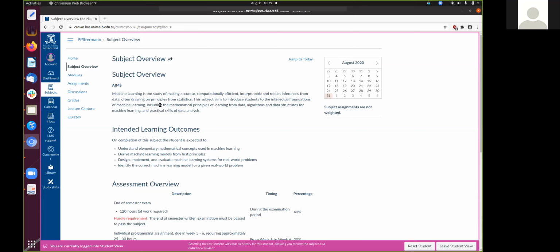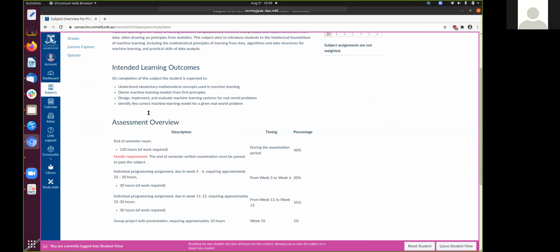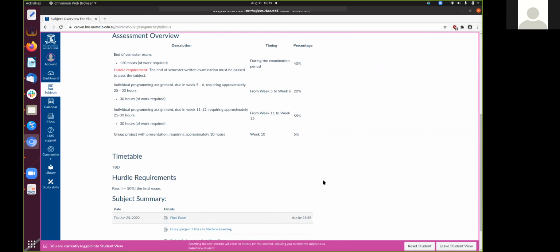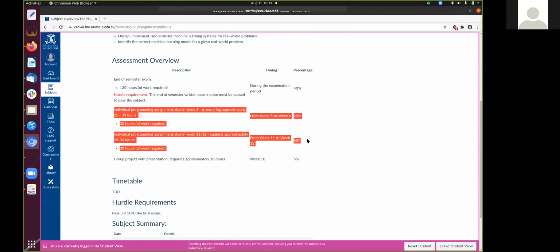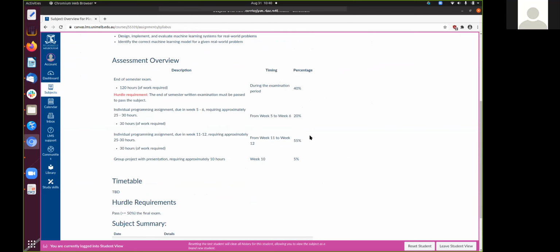The subject overview page is just the core information about the subject. Again, the intended learning outcomes, the assessments, and so on. Assessments are a final exam, which is going to count for 40%, and 2 individual programming tasks, where students apply the algorithms to some actual problem. And then this is the addition here. There's a group project on the ethics and machine learning